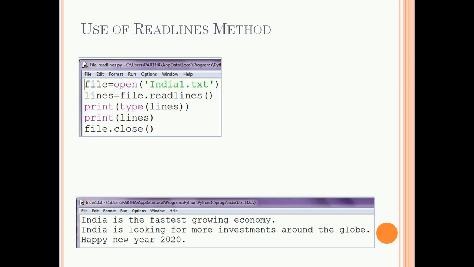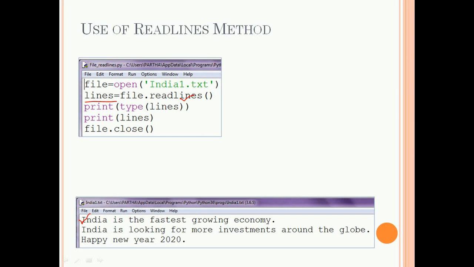So in the second line I am reading the text file using the readlines method, and the contents of the india.txt will be converted to a list and stored in the variable lines, and the elements of the list will be the lines of the text file india1.txt.